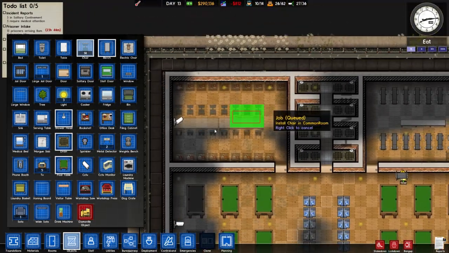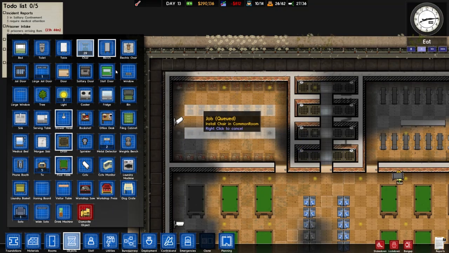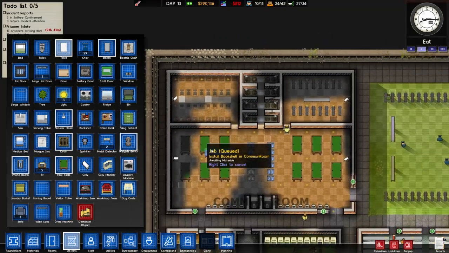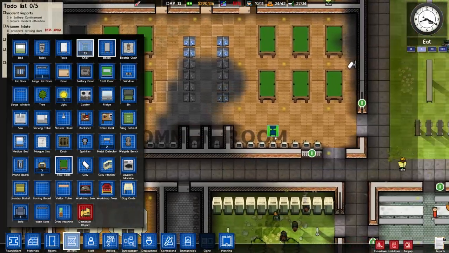In fact, what's going to be better is if I actually cancel all that, move it along by 1. Because doing it like that will allow me to put them in like that, and then they've got an entrance on both sides. Fantastic, a nice little library. The remaining chairs, just to get them out of my...